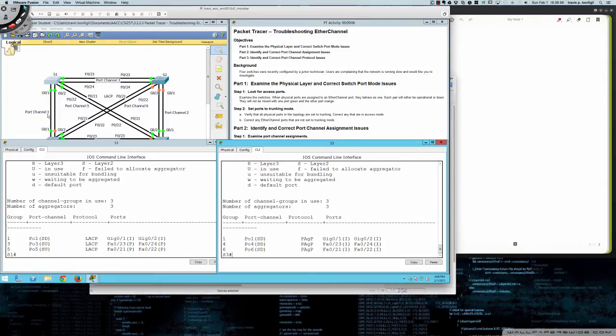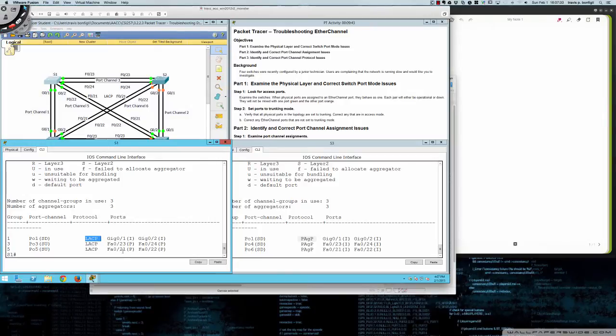So back to this conversation. We're looking at switch 1, and Gig 0/1 and 0/2 are saying they're in the standalone state. Over here, it's also in the standalone state. We've got group 1 and group 1. Just looking at that whole line, you should be able to rather quickly identify what that problem probably is. It's what we talked about earlier in 3.2.1.3: that LACP